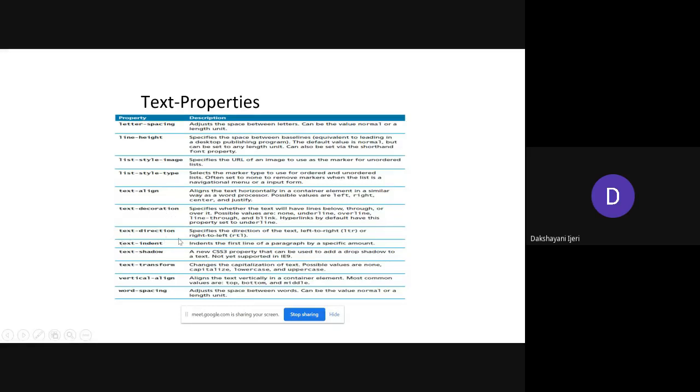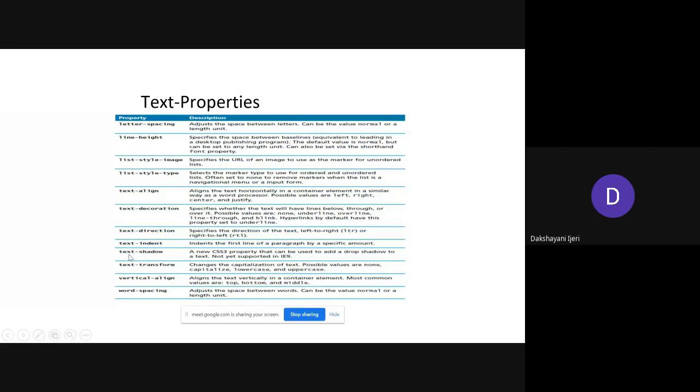Okay. So the text direction specifies the direction of the text to be displayed, that is whether left to right or right to left. Text indent is the property to specify the indentation. Basically this text indent is mostly used for the paragraph element itself. Why? Because whenever you create a paragraph, it is a usual notation of grammar that the first line of the paragraph has to leave some space as compared to the rest of the lines. So that is provided with the text indent property, where you can use it with some pixel values to be specified, right? So text shadow is the one where you can create a text followed by some 2D or 3D dimensional shadows to be applied.